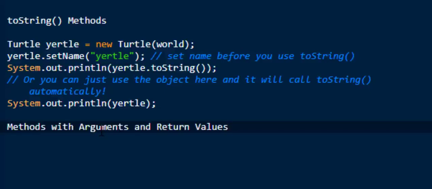Moving forward, methods with arguments that return values. Methods that take arguments and return values are like mathematical functions. Given some input, they will return a value. For example, a square(x) method would take an argument x and return its square by multiplying it by itself. Note that the return statement in a method returns the value that is indicated by the return type back to the calling method. The calling method must save, use or print that value.